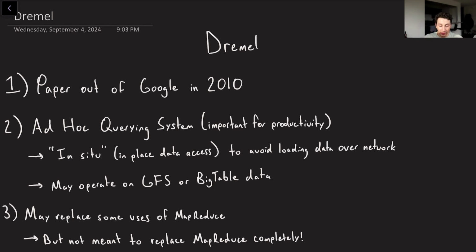Another thing to note about this querying system in particular is that it operates in situ. In situ just means in place. It's a term that they use a lot throughout the paper, so I think it's important to specify it. But of course, this is still at a point where network bandwidth speeds are going to be a bottleneck for a company like Google. And as a result of that, it's very nice to minimize the amount of data transfer that they do when making all of their queries.